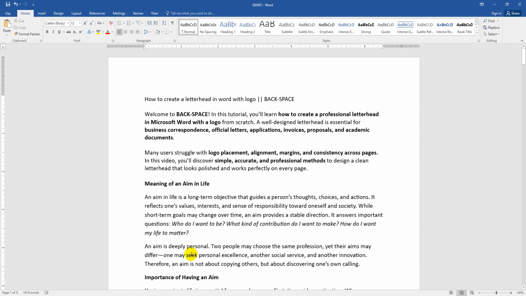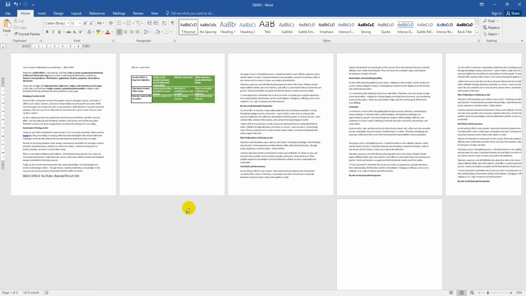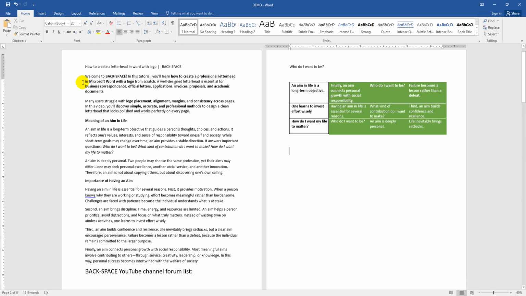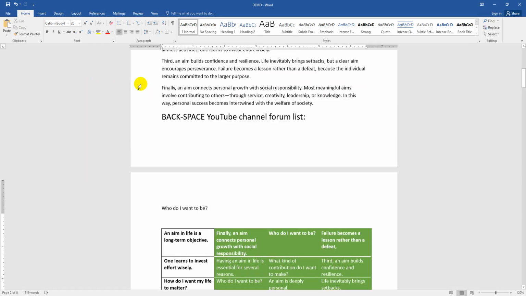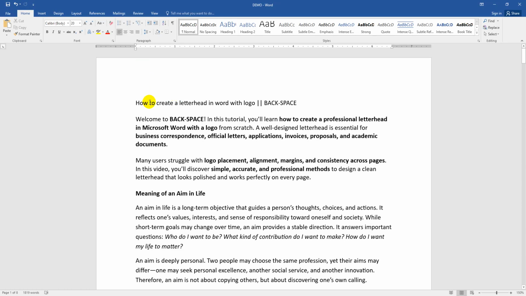So let's get started. Let us zoom out this document to see the whole page at once. We can see here 8 pages. This is an assignment for my college. Now I want to create a letterhead. Now I create this letterhead using AI. You know that this